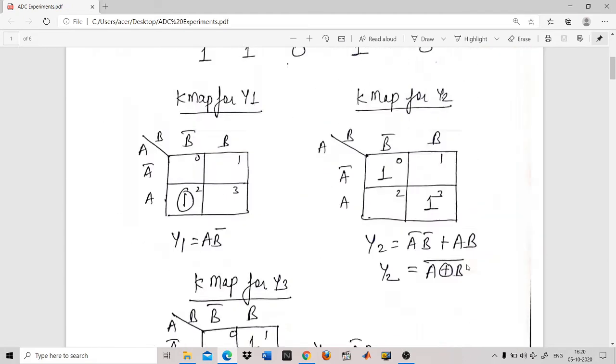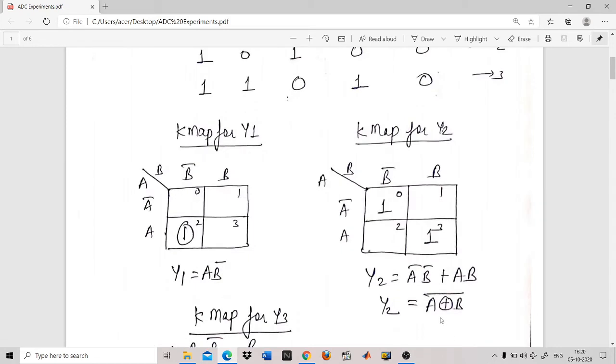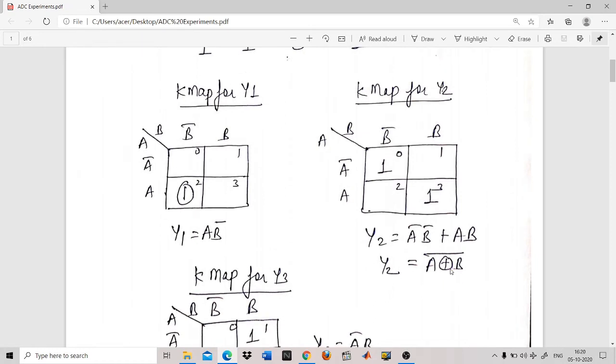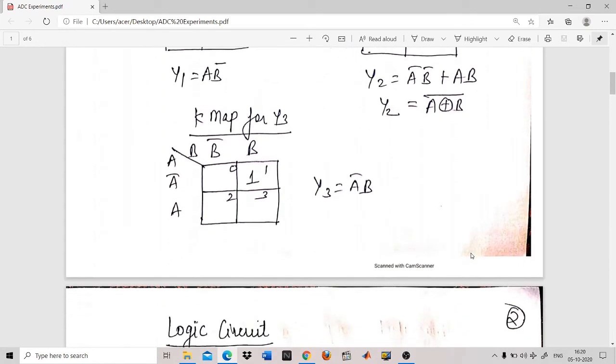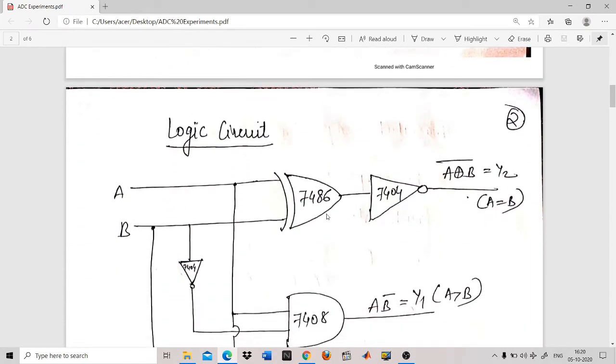If you want to realize Y2, how are you going to realize it? See, this is an XOR gate and there is a bar. Bar means there should be a NOT gate. So first you put your XOR gate, and after that there should be a NOT gate. 7486, this IC is used for XOR. Then 7404, this is a NOT gate IC.